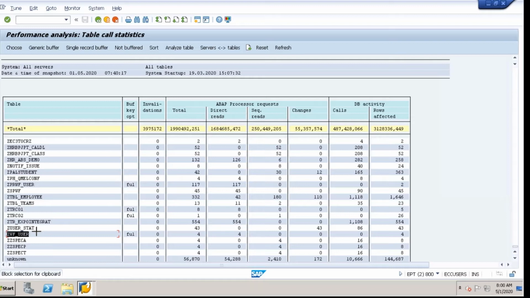and I think for testing they have also created. Go to Technical Settings. There you can see they have full buffering. It's there, right? It's there. So our table should also appear over here, but